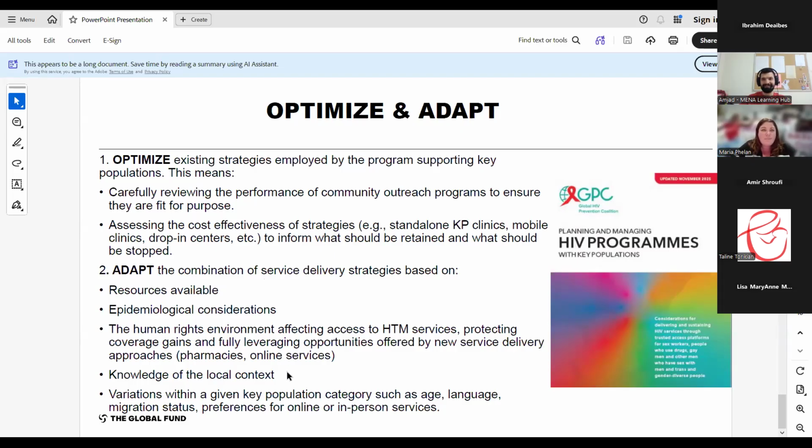I think that might be my last slide. Is that correct? Yeah, okay. I've given you a whistle-stop tour of a very large guide, which has a lot of detailed information in it. I really encourage you to read it and to look at it. We can answer questions, of course, but then do go away and have a look at it. And thanks again for the opportunity to speak to you all.